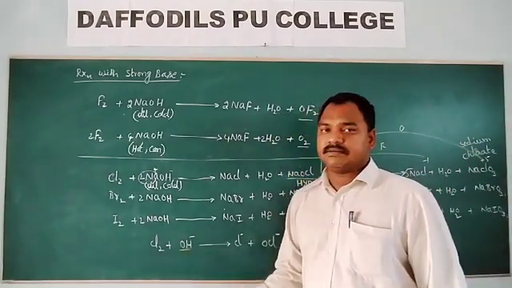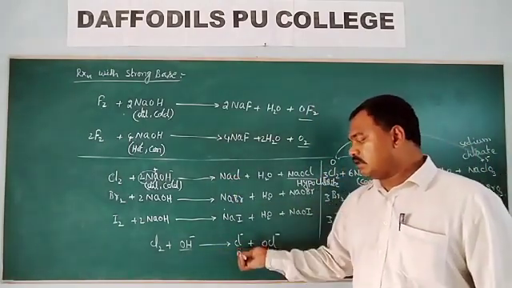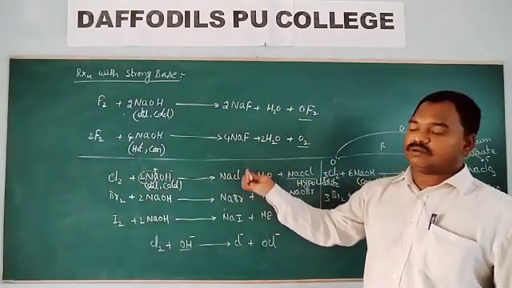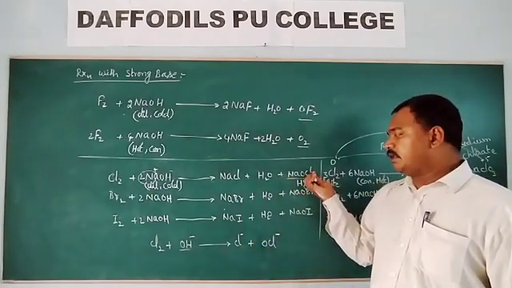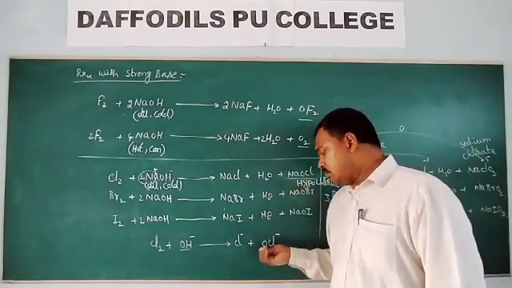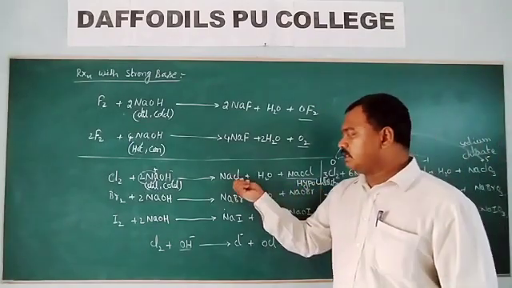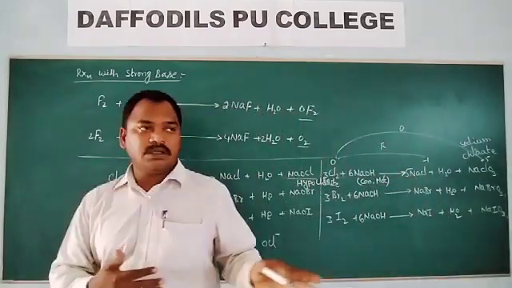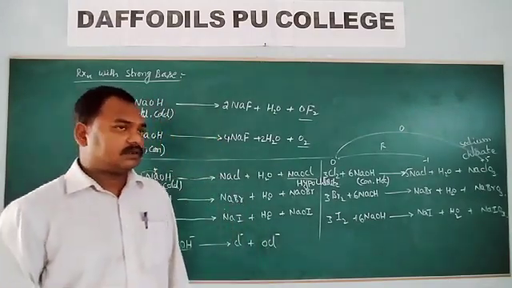presence of base. So Cl2 with OH minus gives rise to Cl minus, whose oxidation state has changed. Here the oxidation state is 0, here the oxidation state is -1. So I have written Cl minus plus the Cl plus species, where the oxidation state of chlorine is plus, so I have written OCl minus. Only the chlorine oxidation state changes, so I have written only those things. This form is known as the ionic form of the reaction.